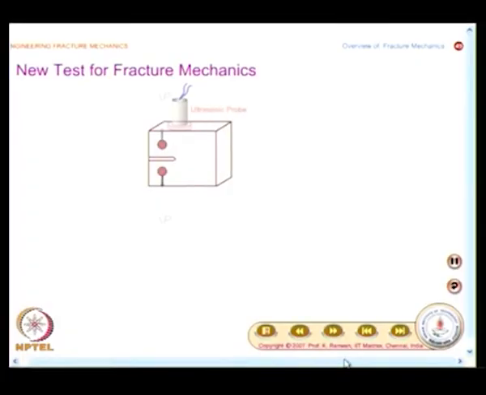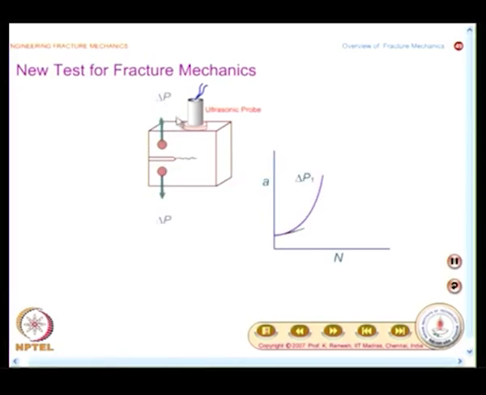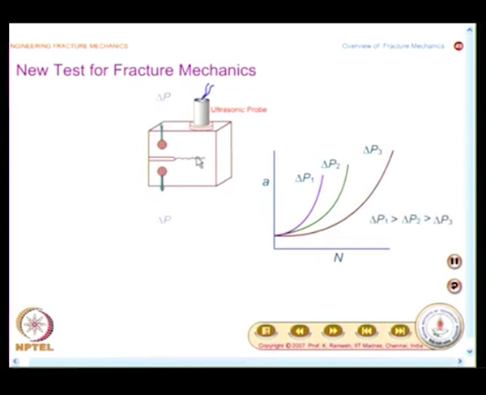be answered. So, what we will now look at is, if I have to know what is the critical crack length, how long the crack will take to grow, I need to have a new experiment for fracture mechanics, and this is what is schematically shown. Here you have a specimen which is subjected to fatigue loading. Try to make a neat sketch of this. Because of the fatigue loading, you find the crack grows in service,